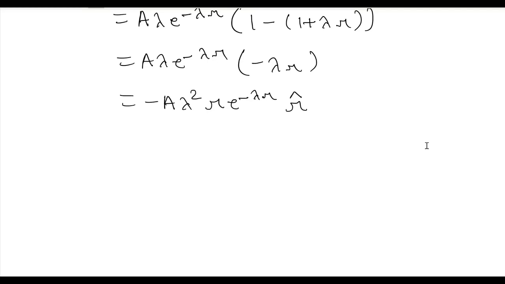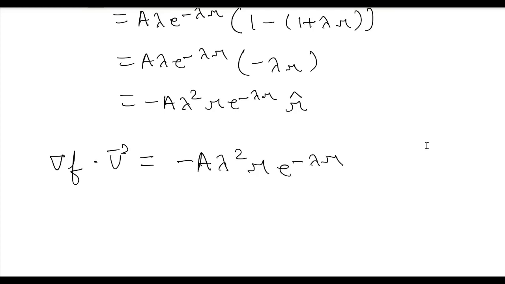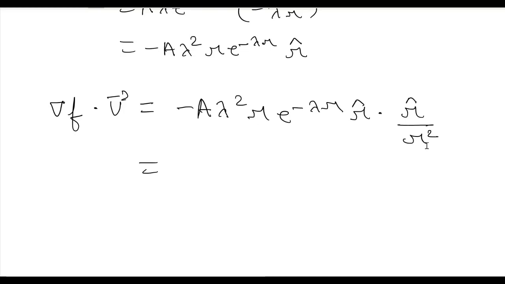The gradient of a scalar function is a vector, so the gradient of f dotted with the vector function v would be minus a lambda square r e to the power minus lambda r r hat, dotted with r hat over r square. Because it's r hat and r hat, the dot gives you a 1, so we simply multiply these, and this would be minus a lambda square